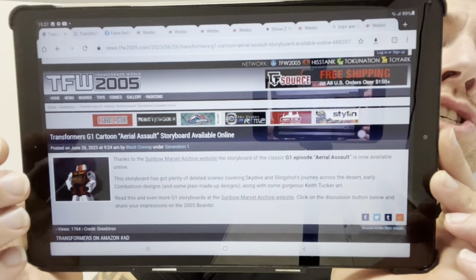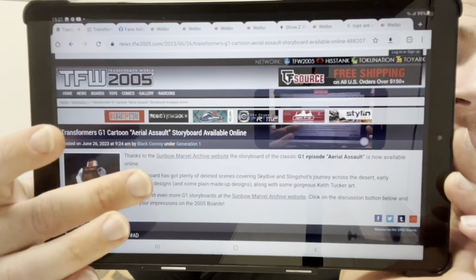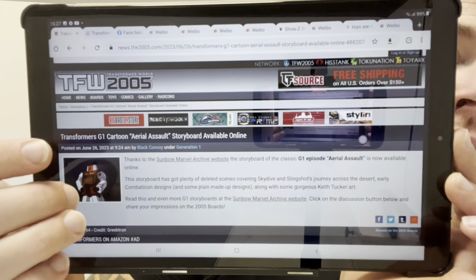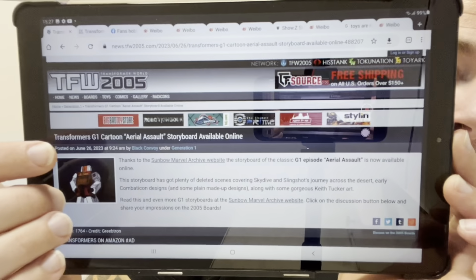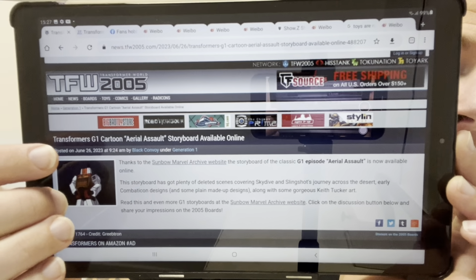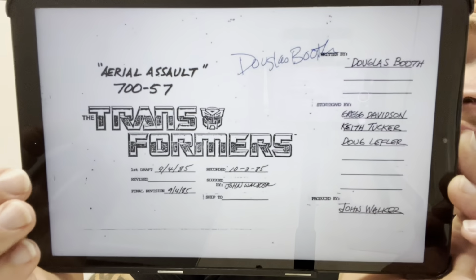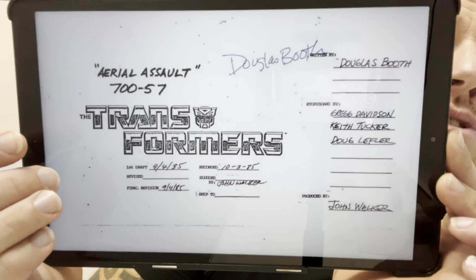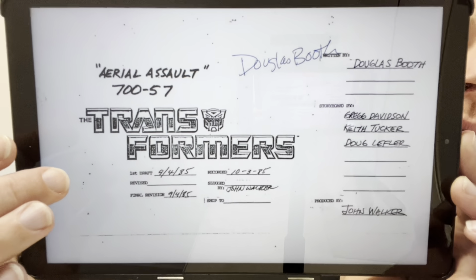Moving on to something else that I always feature on here because the website is sensational. It is the Sunbow Marvel Archive website, and what we've got here, they put details up on the storyboard of the G1 episode Aerial Assault. So for those of you unaware of this website, it's exactly that. Look, it's the old archives to not just Transformers, to all of the Marvel and Sunbow cartoons that were made